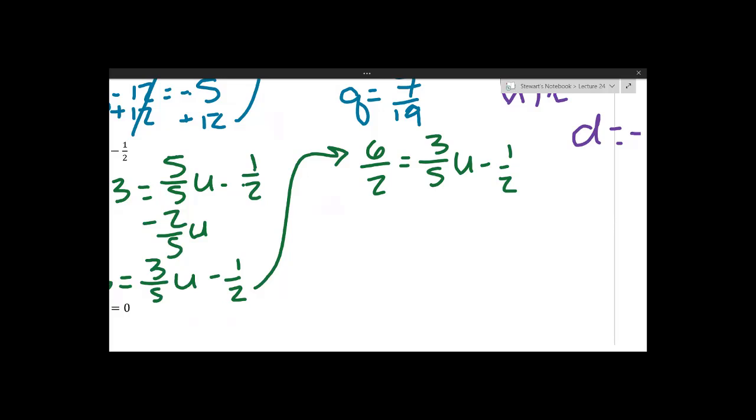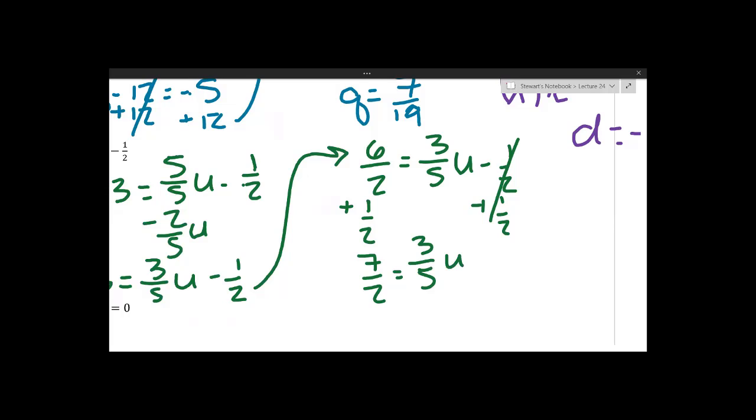Okay, so now I'm going to add 1/2 to both sides. Those would cancel. 6/2 plus 1/2 is 7/2. And then we have that equal to 3/5